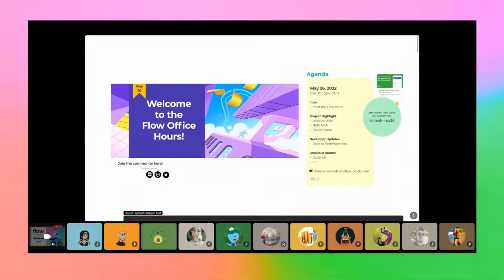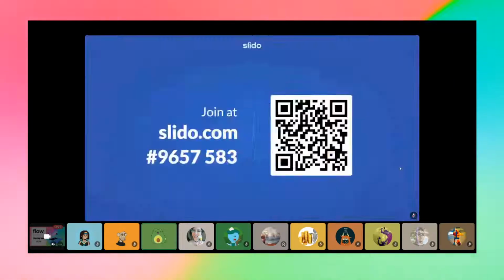If you have questions for today's office hours, you can either push to talk or you can use the Slido. So scan the QR code or input this code in slido.com, and this will be a live interactive board where we can see all the questions that come in. But again, feel free to just ask away. You don't have to use this if you prefer to just speak up. This is a conversation. It's not just me talking. So happy to have anyone unmute and talk using push to talk. All right, cool. So we'll also share the link to the Slido in the office hours text chat,